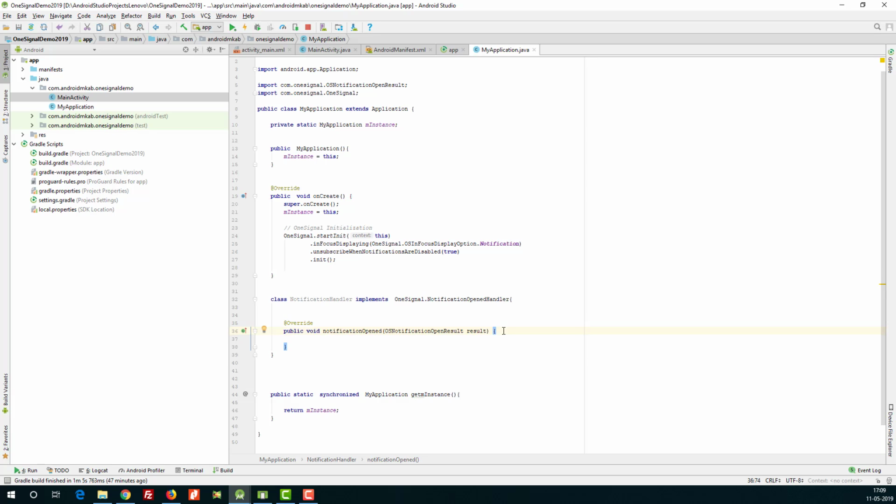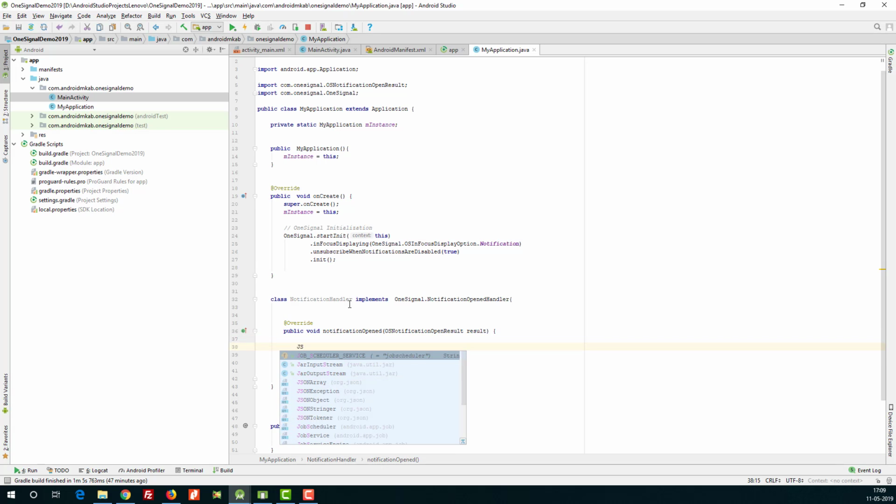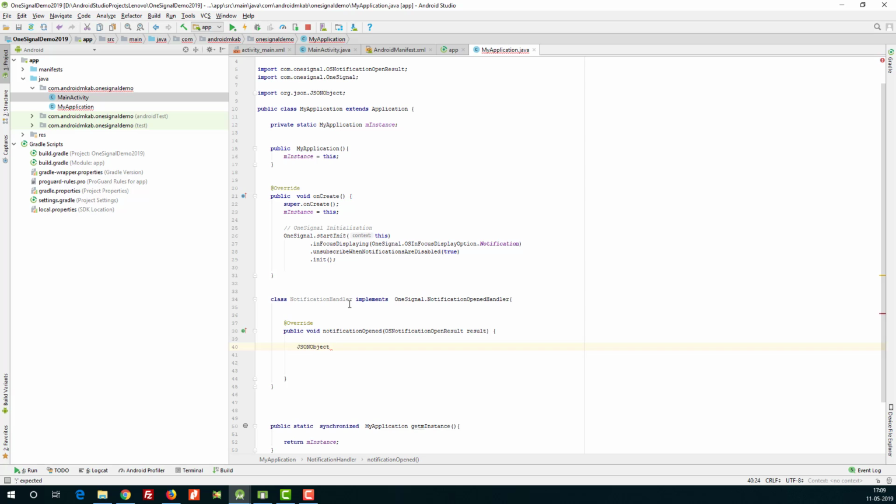Now the data coming from OneSignal is in JSON format, so we have to get all of it into a JSON object. For that, JSONObject, give it the name data, is equal to result.notification.payload.additionalData.